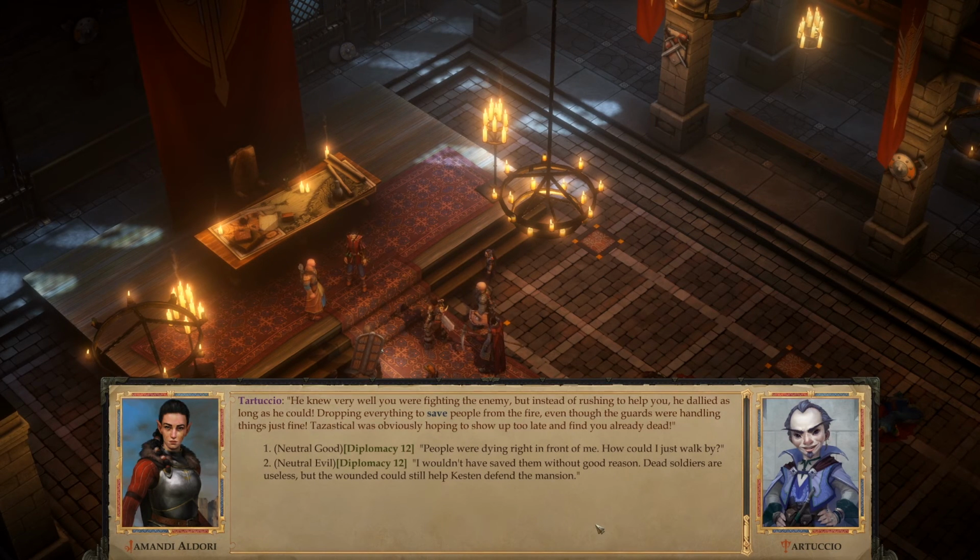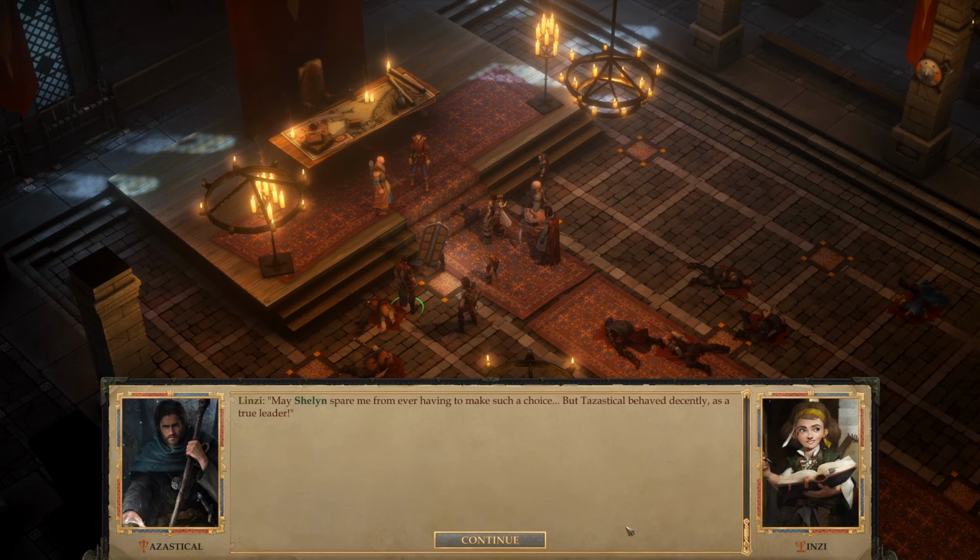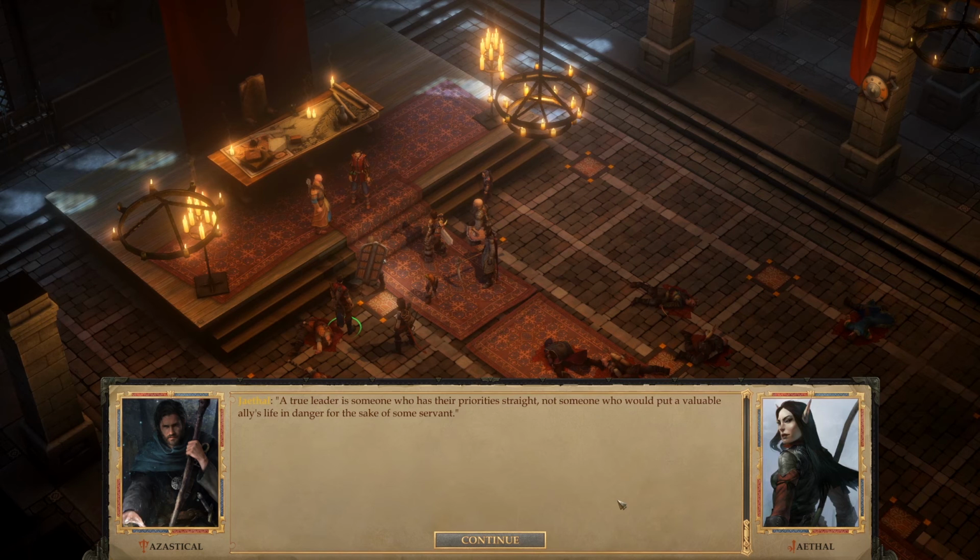You little purple toad, people were burning in a fire. Yeah, people were dying right in front of me. How could I just walk by? Cartuccio? You're seriously trying to blame someone for saving people from a fire? Thank you, Lady Aldori. May Shellen spare me from ever having to make such a choice, but he behaved decently, as a true leader. A true leader is someone who has their priorities straight, not someone who would put a valuable ally's life in danger for the sake of some servant. Oh, go kiss the purple toad, you...